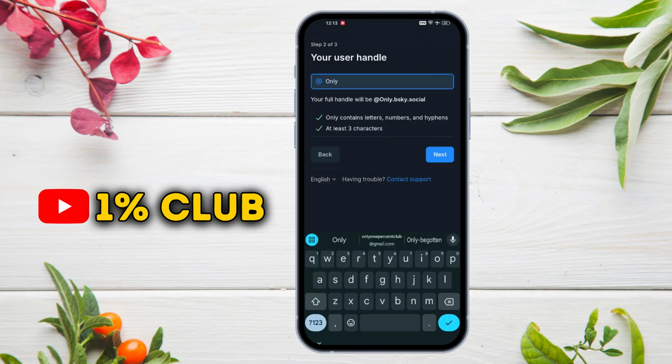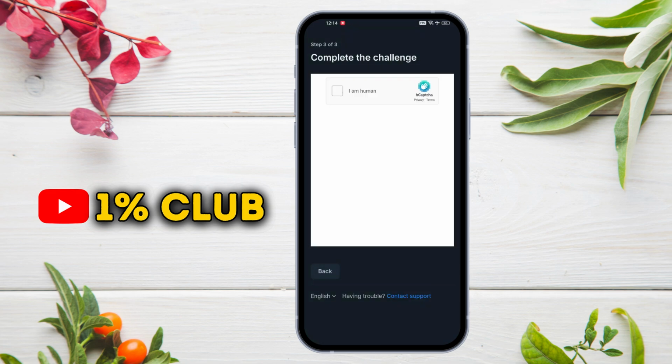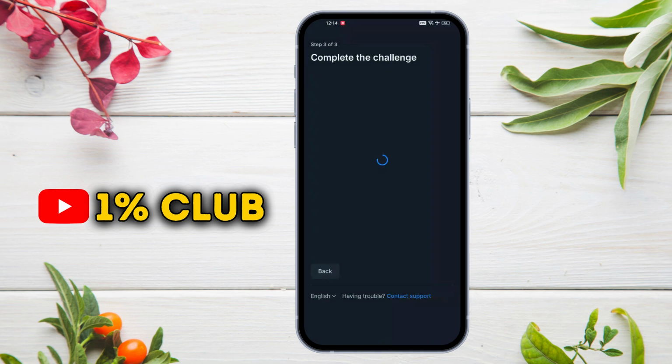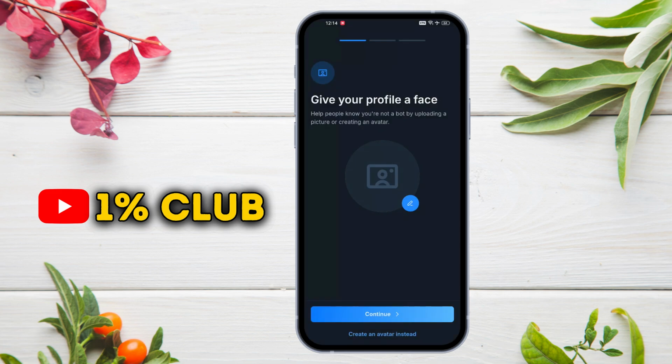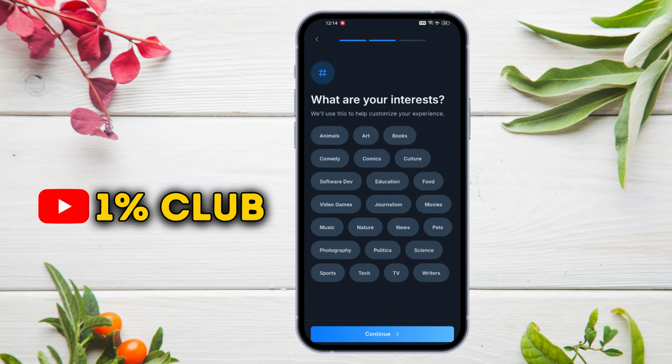Here, choose your account user handle and press here on Next. Verify CAPTCHA here and press Next. Upload your profile or select any emoji, like I am doing, and press Continue. Select your interest and press Continue, and our